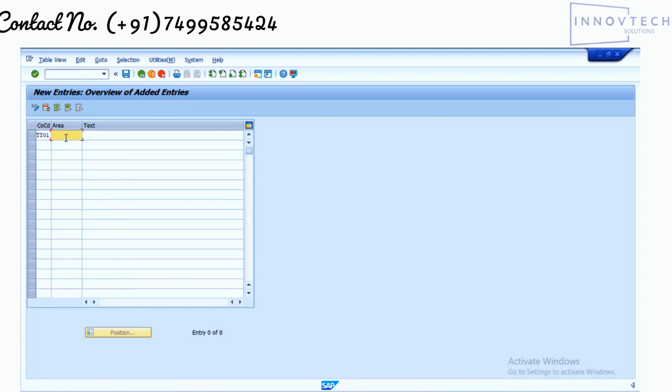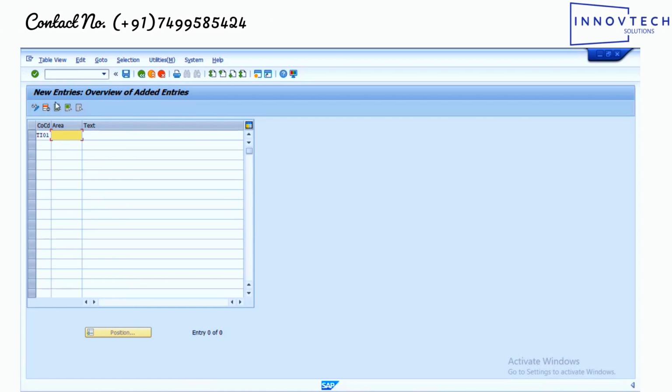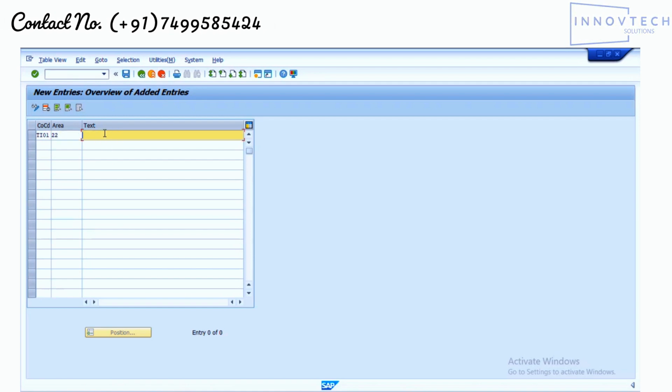Then enter one dunning area. You have to create one dunning area first. It will be a 2-digit code. It can be numeric, alphanumeric, anything, any combination you can use. Then enter the description for that. For example,